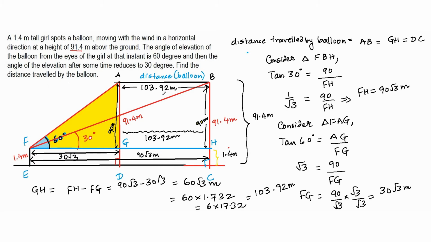Of course, over here, if I knew the time taken by the balloon to make this horizontal displacement, then I can easily find the speed of this balloon by using the idea that speed is equal to distance upon time. Right? So this is how I can solve this particular problem. Pausing for a minute before taking up the next one.